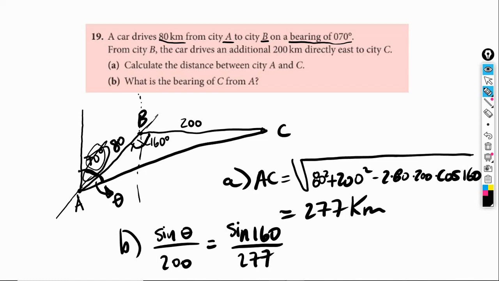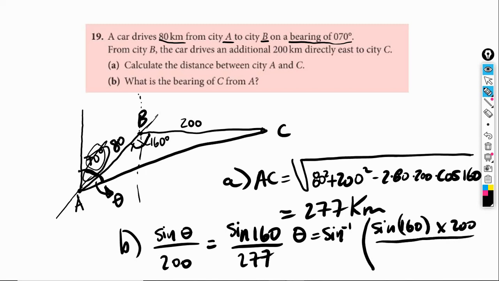With this, we can solve for theta, because theta would then be the inverse sine. To get more accurate answers, you want to plug the whole thing in the way it is, not solve all these things independently and then put them together. So it would be the inverse sine of sine of 160 times 200 divided by 277. And if you plug that in the calculator, it's going to tell you that theta is approximately